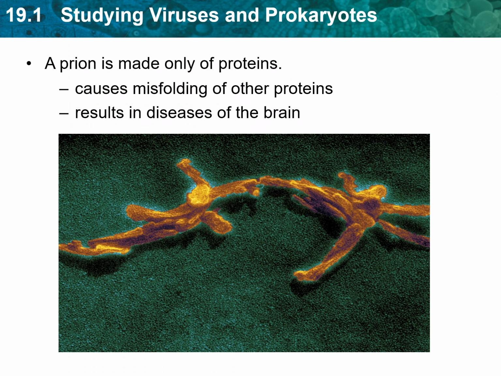At the boundary between living and non-living, perhaps the strangest entity of all is the prion. A prion is an infectious particle made only of proteins that can cause other proteins to fold incorrectly. When proteins misfold, the protein will not work properly. Prions are unusual in that they are infectious, yet have no genetic material. They play a part in certain diseases of the brain, such as mad cow disease, known to scientists as bovine spongiform encephalopathy, or BSE.